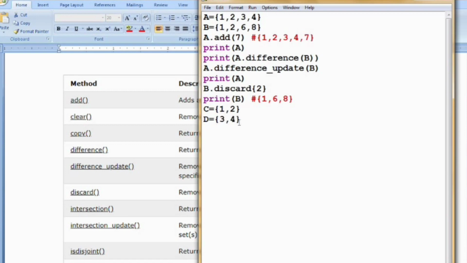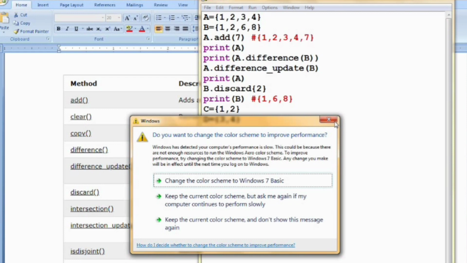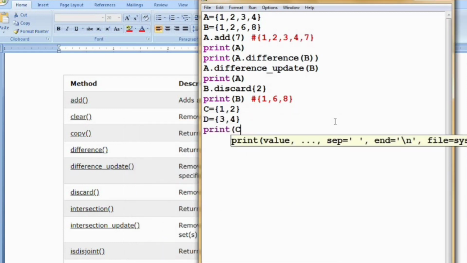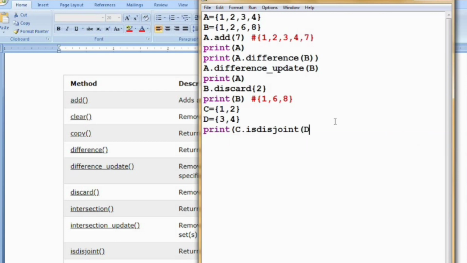So here, these two sets do not have any common elements. Now I am printing C dot isdisjoint of D. So this will return true because these two do not have any common elements.